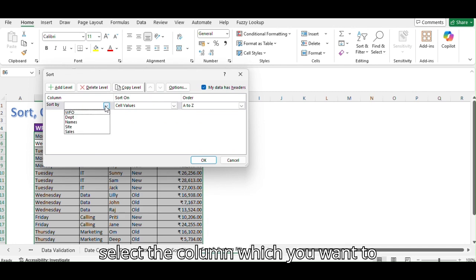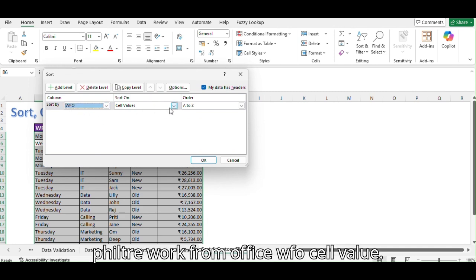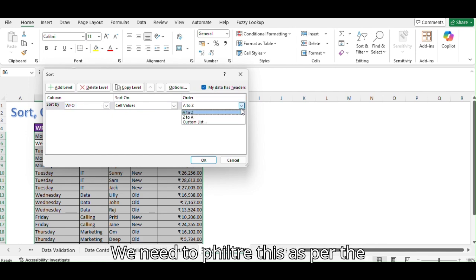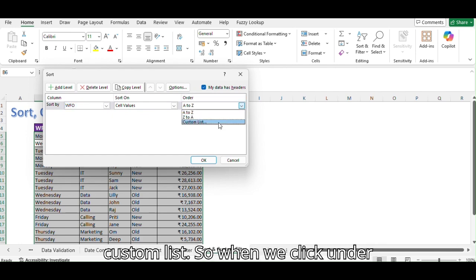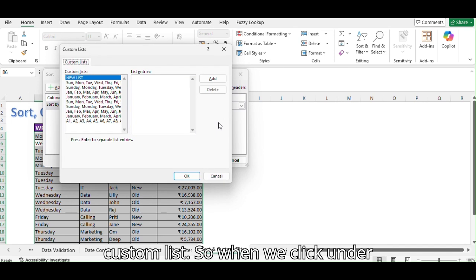Sort, Filter. Select the column which you want to filter. Work from office, WFO, cell value. We need to filter this as per the custom list. So when we click under custom list, you get the inbuilt custom lists which we have in Excel, like for weekdays and months. So the custom list which we will be going for is the complete Sunday, complete Monday, complete name,